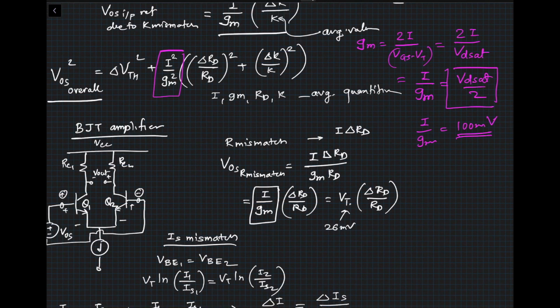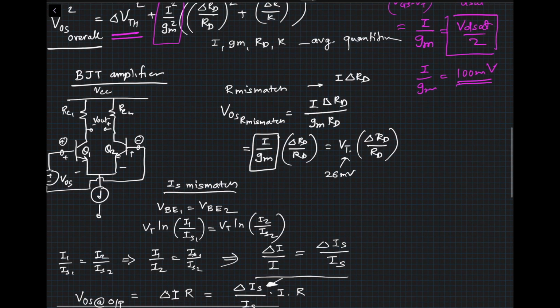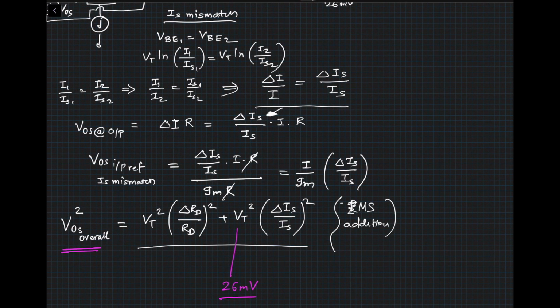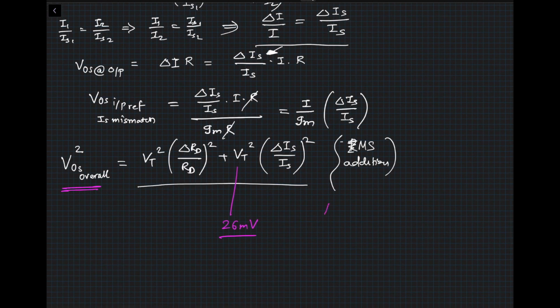Also here we have another important parameter, which is the VT mismatch. That will also be a dominant contributor in your VOS calculation. In the BJT case, there is no concept of VTH, threshold voltage, right? So we don't have that. So when you compare a MOSFET versus a BJT amplifier, you can get a really low offset voltage natively. With the BJT, it could be somewhere in the range of 1 millivolt, and in the case of a MOSFET, you may be able to get something like a 10 millivolt offset voltage. You have an advantage with BJT to get much better offset voltage performance.